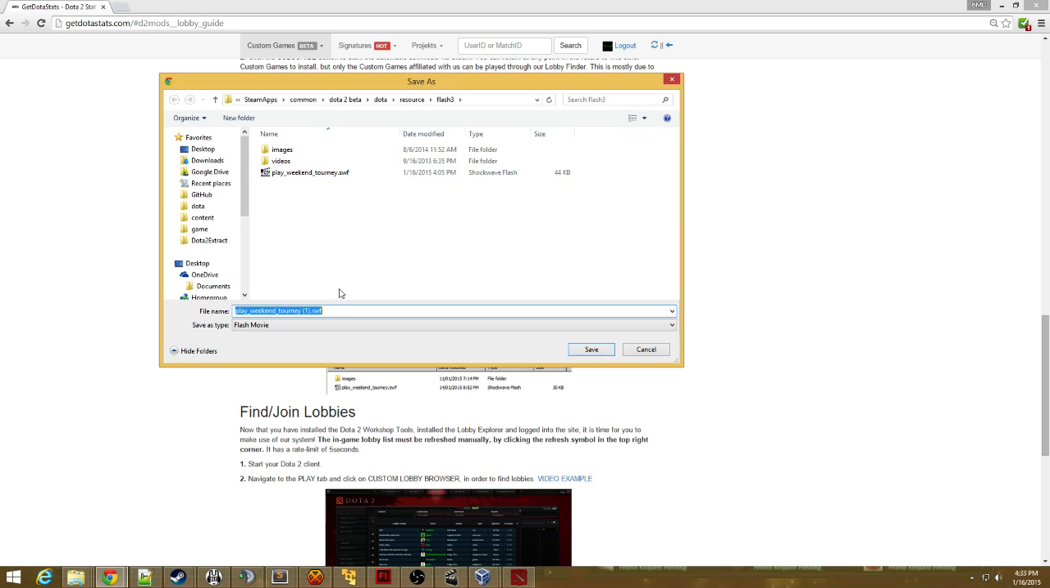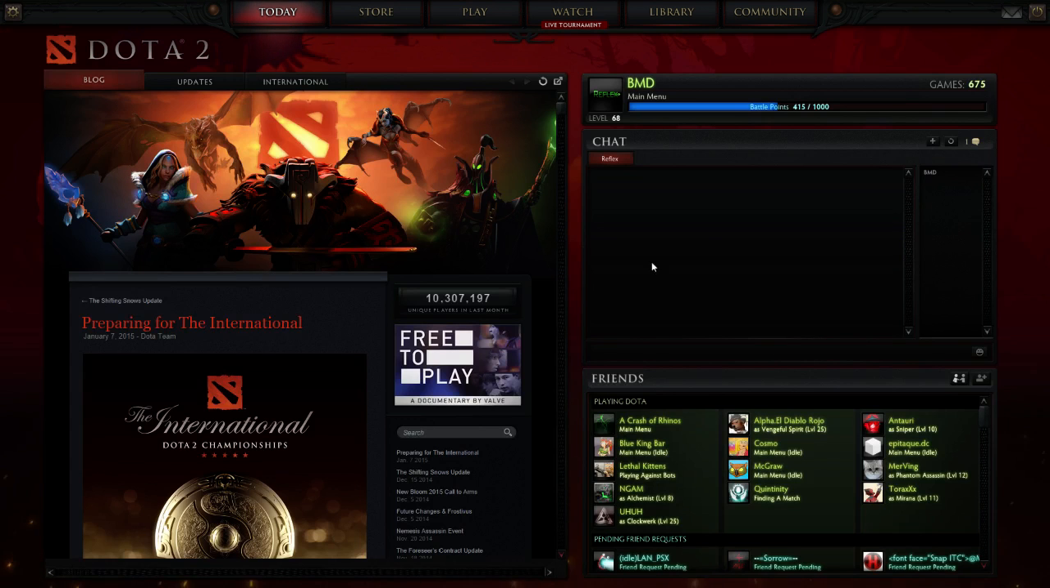So, first of all, you're going to want to save this. It's a Swift file in your Dota 2 Beta Dota Resource Flash 3 folder. As you can see, I've already done it. If your Flash 3 folder doesn't exist, you can go ahead and create it and make sure the file goes in there. Once it's there, you start Dota up, though I've already done this,